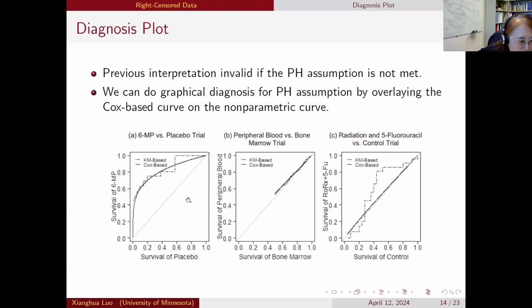So it's probably not easy to look at this, but for the first study, we can see that the model-based very smooth curve goes through the nonparametric two-sample curve estimate. Okay, I will say the second case data example, they also are very close to each other. No evidence of